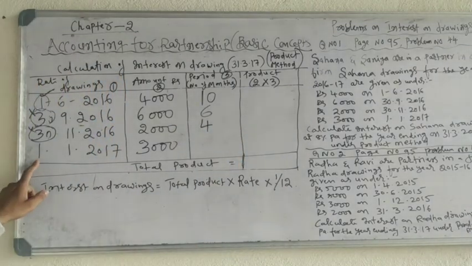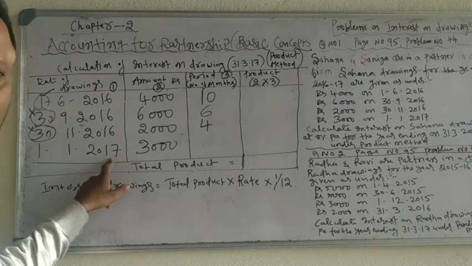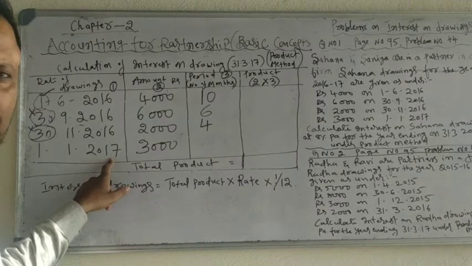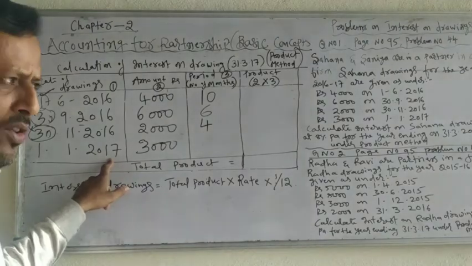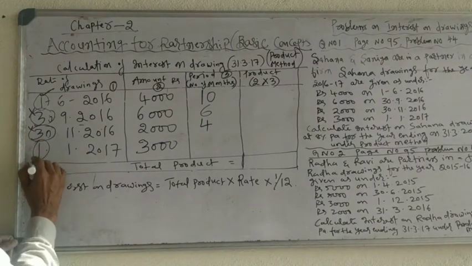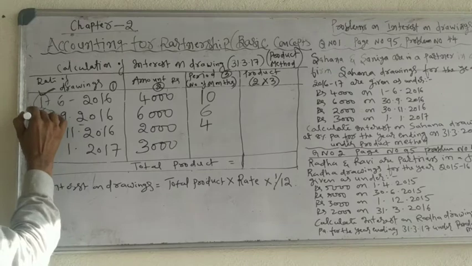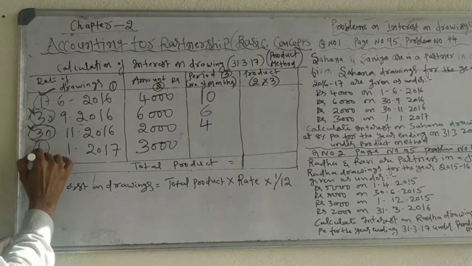Okay. Then 1st January 2017. See, she has withdrawn money on 1st January. First of the month. First date of the month. Now you have to count from the same month. Okay, so I will put a right mark. See, for the first transaction I put a right mark, for the second one a cross mark, third one a cross mark, fourth one a right mark.